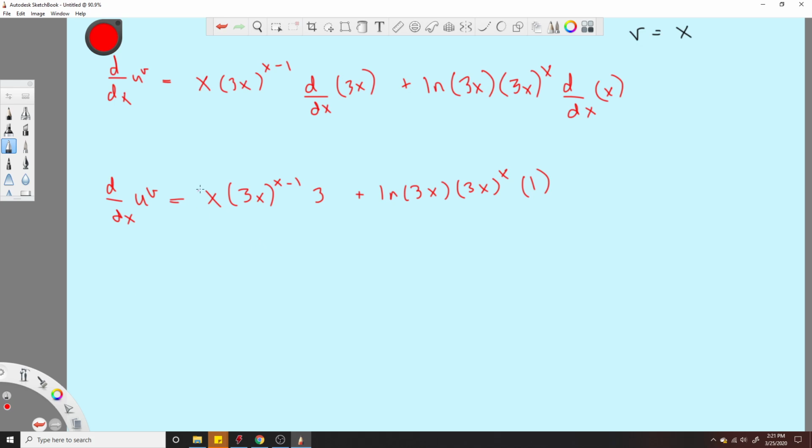So one thing I see is we can group this 3x and this 3 and that x. Right? 3x to the x minus 1 times 3. You may see where I'm going already. And then I'll just put this 3x out front for no reason, just because I like to. ln of